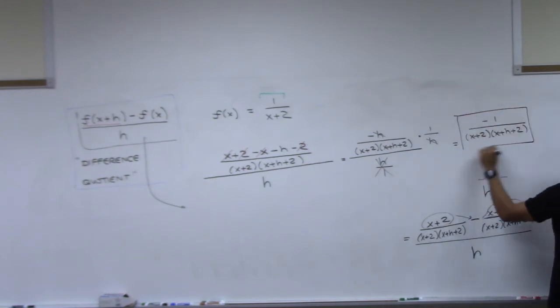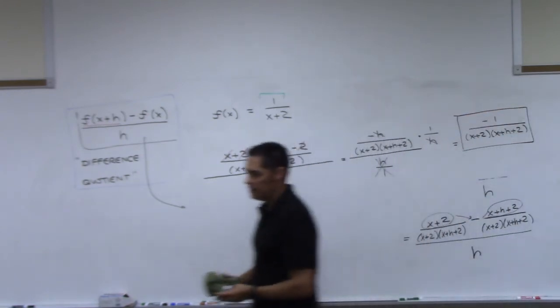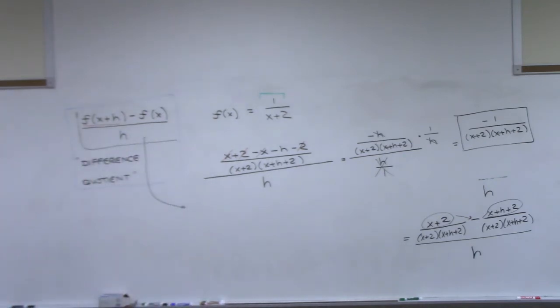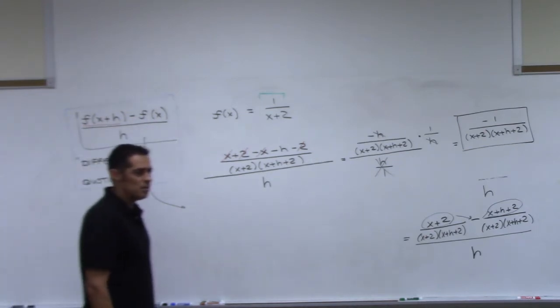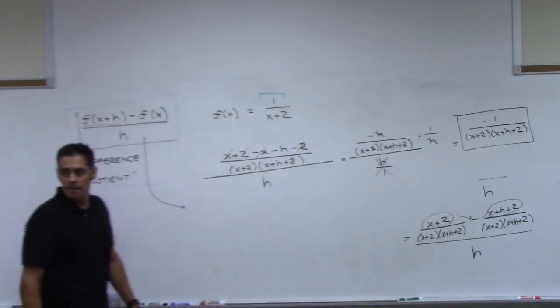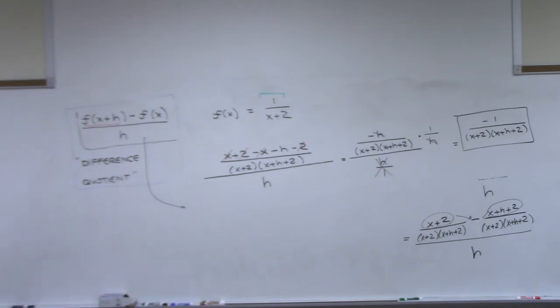Yikes. What do you think of that? More steps. Yeah. The algebra in here is getting a little more difficult. Sir, how did the negative h, negative x, negative h